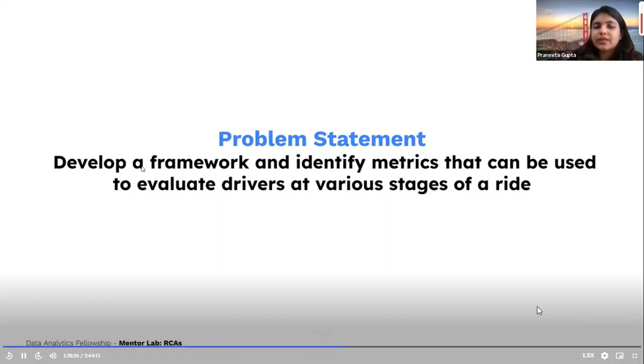ठीक है, सो एनीबॉडी एल्स हैव एनी थॉट्स ऑन दिस प्रॉब्लम स्टेटमेंट. हमने यहाँ पे क्या किया, Amazon में हमने खुद की कस्टमर की यूजर जर्नी समझी, इस प्रॉब्लम स्टेटमेंट में हमने ड्राइवर की यूजर जर्नी समझी ऐप पे. ठीक है, ड्राइवर की खुद की एक ऐप भी होती है उबर ओला रैपिडो में, उनकी जर्नी हम समझ रहे हैं. ओके